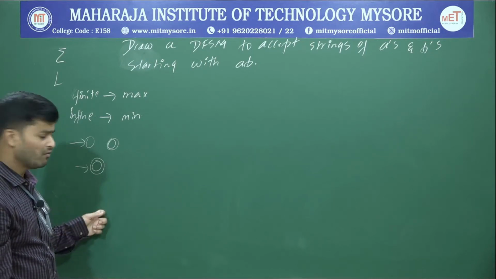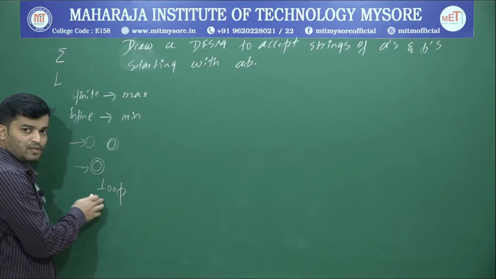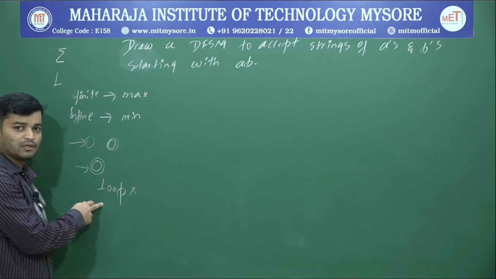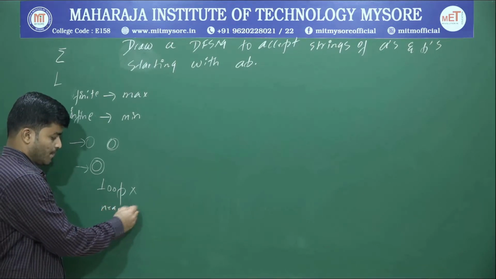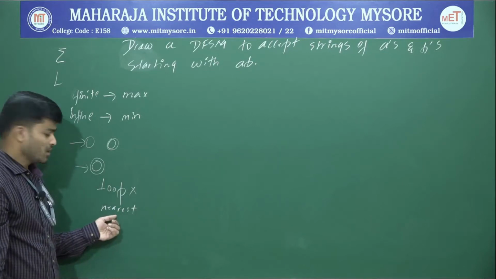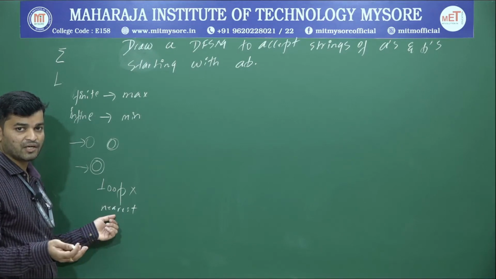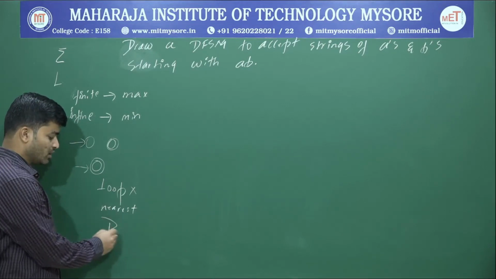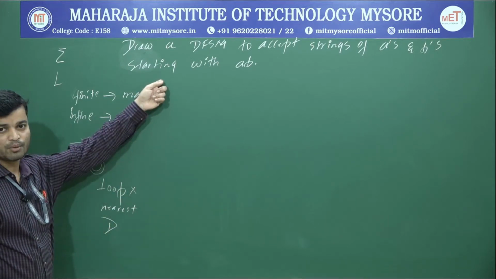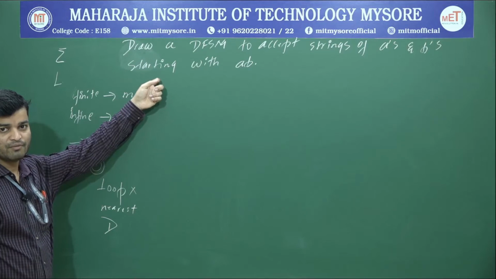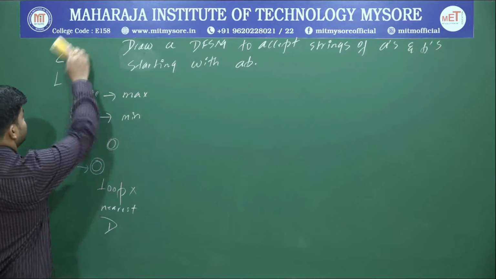After that, build the muscle. While building the muscle, first give preference to a loop. Next, if a loop is not possible, try to connect with the next immediate state, the nearest state. If looping and connecting to the nearest state are not possible, then finally go with the dead state. If you follow this, you can construct a DFA for any problem without any mistake. Okay, yeah. So now I'm going to solve this particular problem.